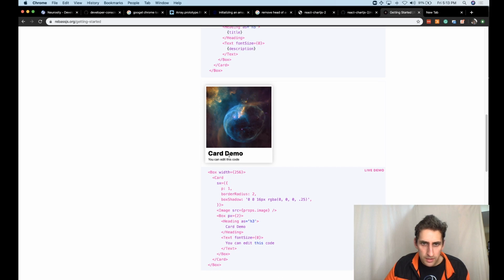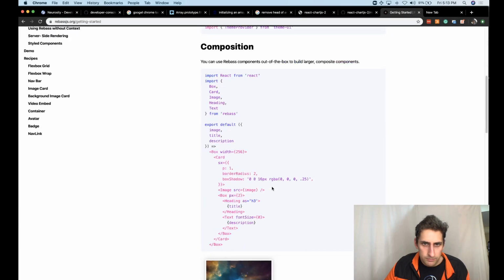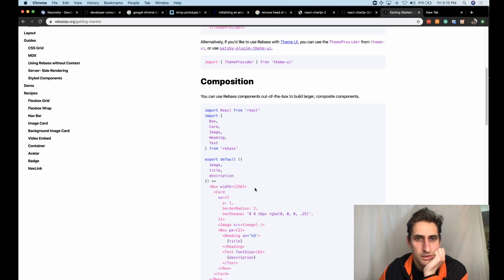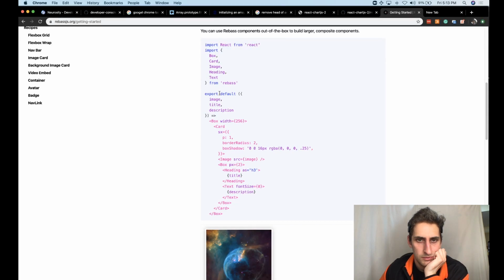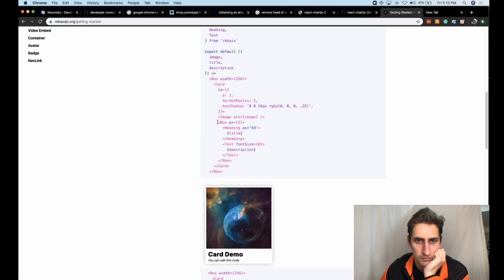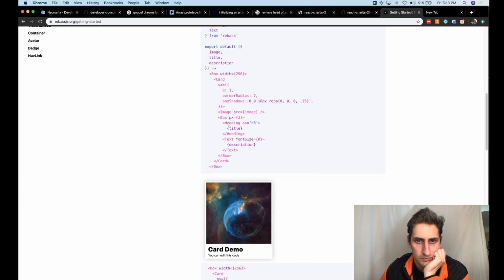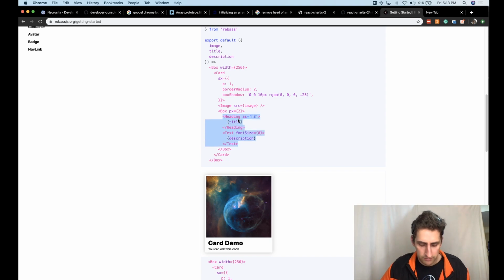Card demo. Look how nice that is. Theming. Composition. You can use Rebass components out of the box with larger composite components. Export default box width 256. They're like pixels? It's not pixels. Heading as H3. Well, that'll be useful for one, but